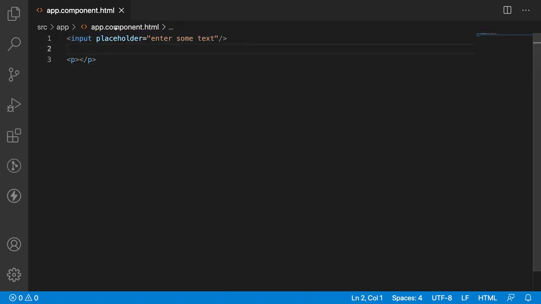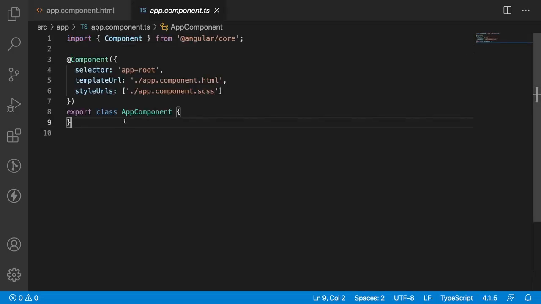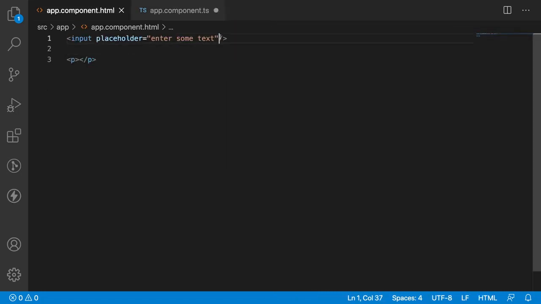Let me save this and go to my TS file, and here let me create one method. That means on input, whenever the user is typing in the input field, let me call this particular method. So let me copy this onInput and pass an event, that is input, and inside this let me pass $event.